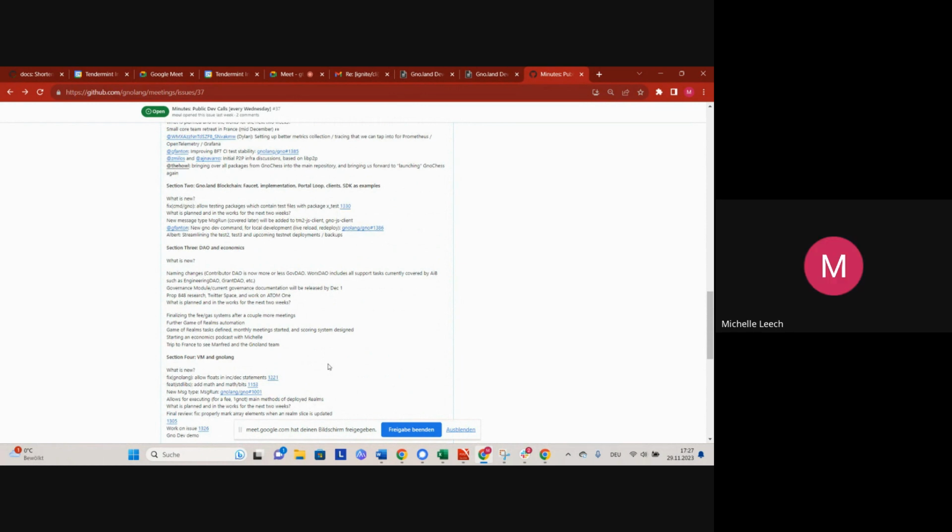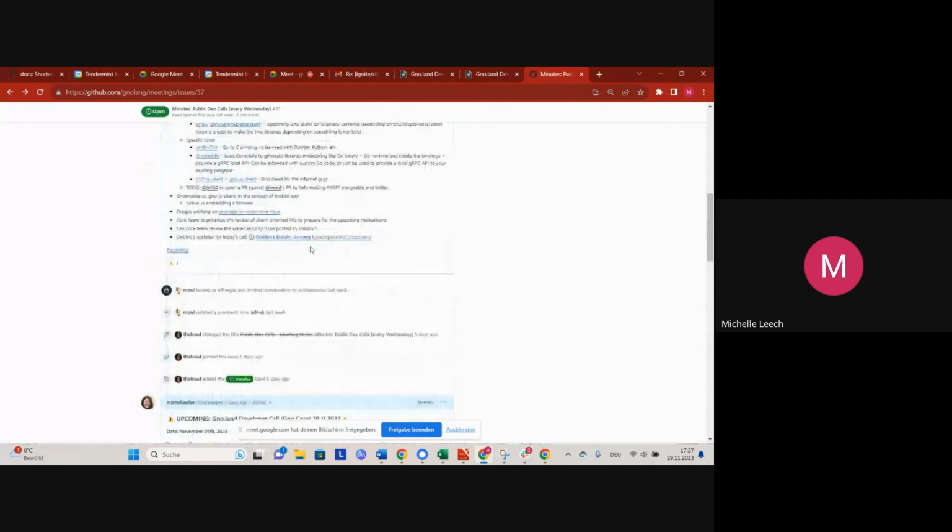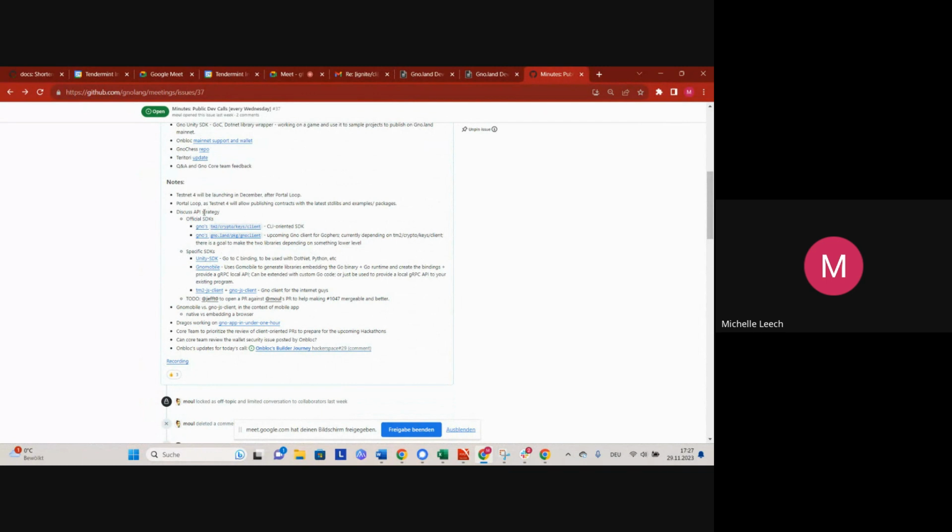Okay. I guess, are there any other updates from the team on the faucet, basically also the clients? Some of the clients we discussed last week around the API strategy, official SDKs, no client for Gophers, CLI-oriented SDKs. Is there anything we need to update here? I'm not sure if there's an update for the Go client. For the JavaScript clients, there's going to be an update for the new message type that Manfred introduced. So the new message run is going to be added.